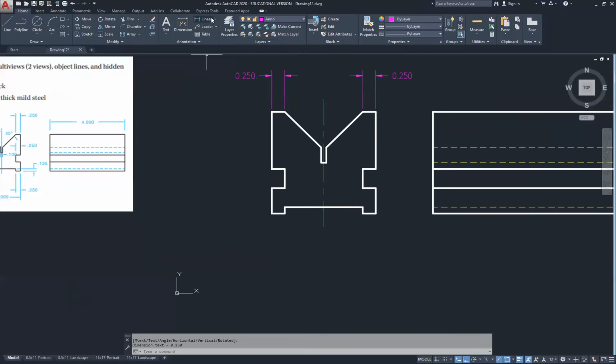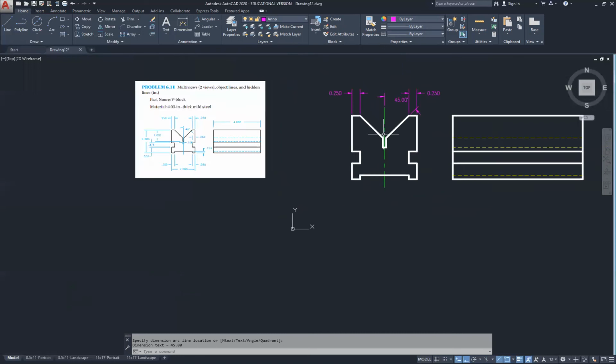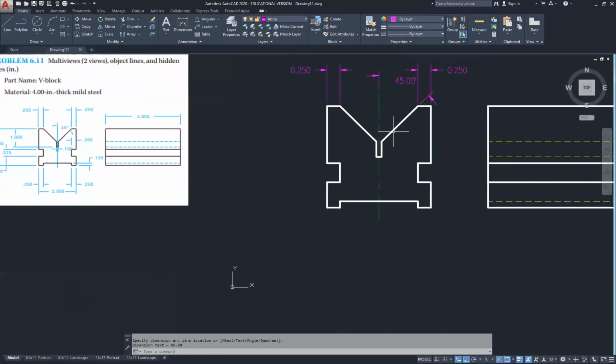Let's go ahead and do the angle dimension. So we go to our linear, see the drop-down menu, pick angular, selecting our center line, then selecting the line on the angle. We can then see our 45. We can pull that up, try and keep it nice and neat. Placing that dimension. All right, now that we have that in place,